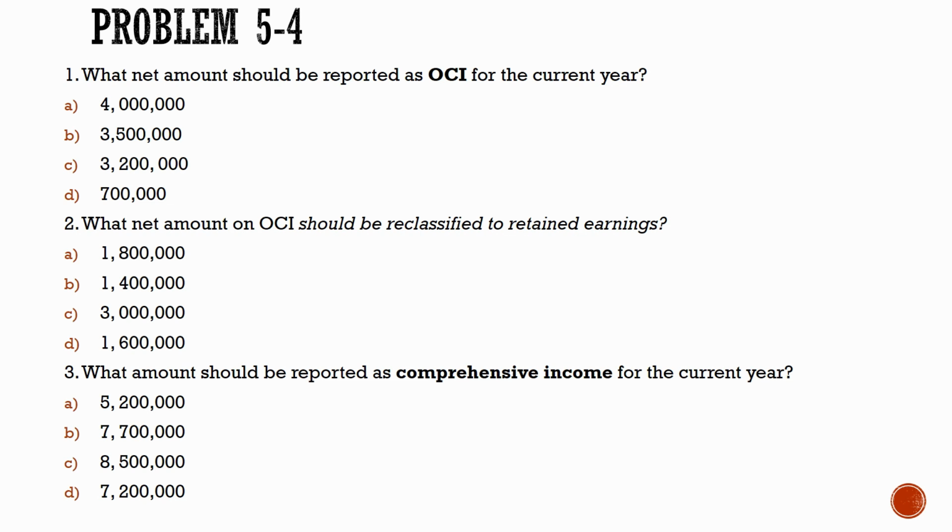So, bukod yung changes na nangyari dahil sa transaction ng owners sa changes na nangyari naman dahil sa ordinary course ng business. It includes components of profit or loss o yung revenue and expenses, kung saan dito makukuha ang net income at saka components ng other comprehensive income na na-discuss na sa question 1. Ngayong alam na natin ang components ng comprehensive income, tingnan na natin kung ano sa mga transactions ang kasama dito.